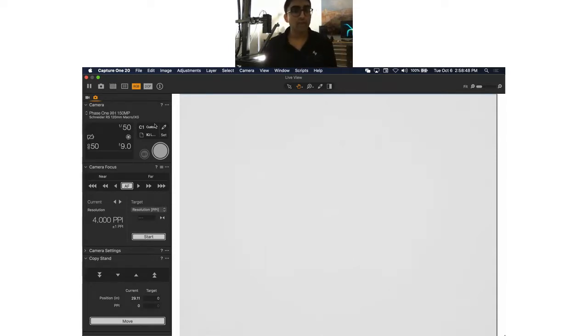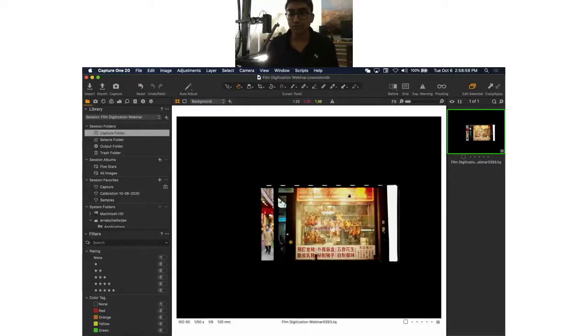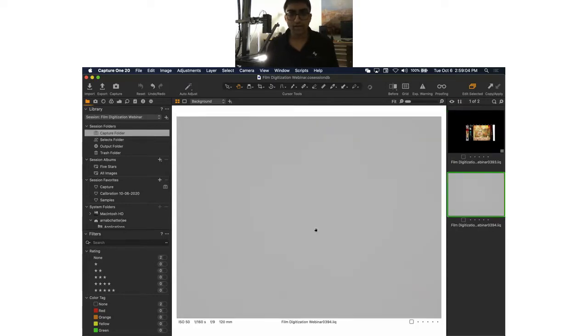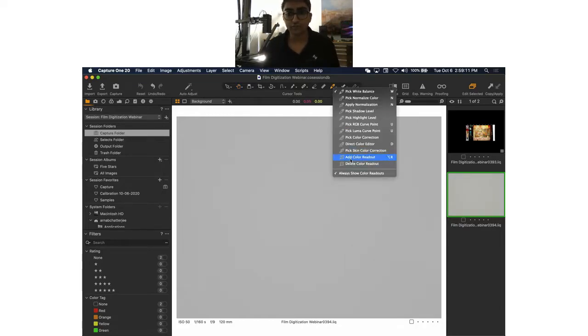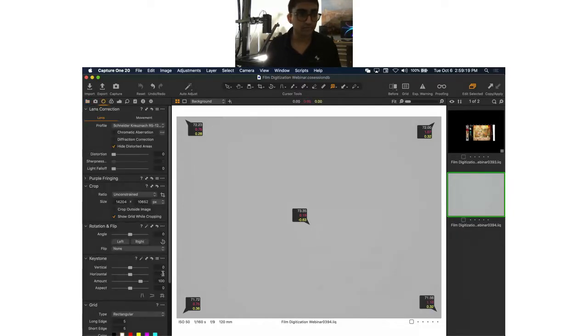So the way I'm going to do this is I'm going to take my exposure and adjust it. I'm going to pick a value to get myself a nice middle gray and a neutral value here. You can see that I've shot my light box, and if I drop a couple of color pickers on here, just to show you what the values are, you can see that across all four corners of my image,